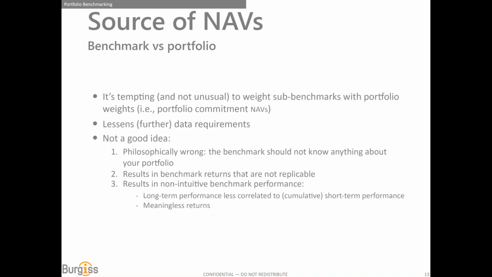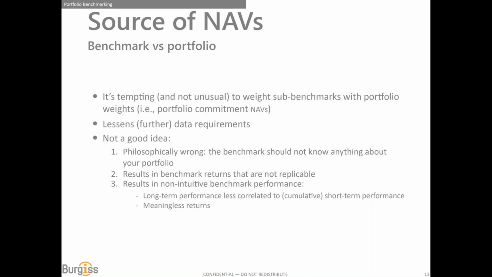There's a couple of reasons for doing this. One, since we just talked about data, is that doing this lessens further the data requirements, because instead of needing both the returns of the subgroups and the NAVs, now you just need, from an external source, the subgroup returns, and then the NAVs come directly from your portfolio. Another reason is that using portfolio NAVs in some sense would align the benchmark better with your own portfolio. However, at least in our view, this approach is not a good idea,